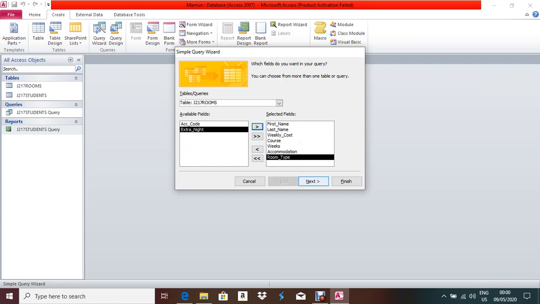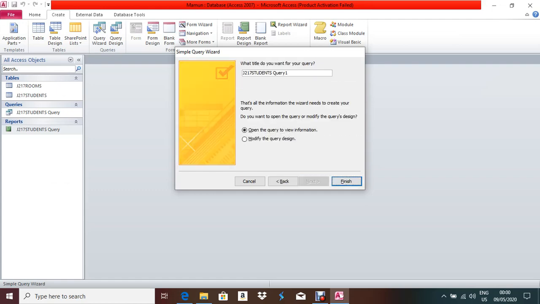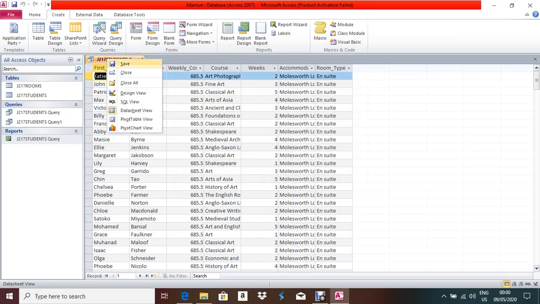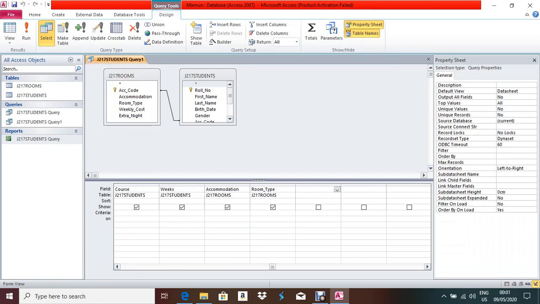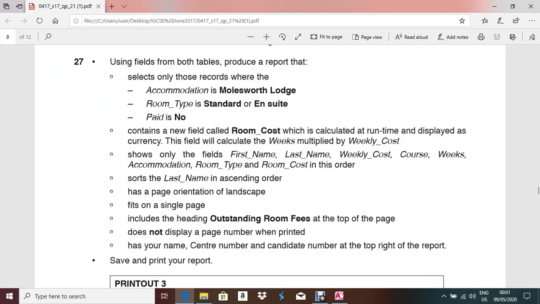Let me finish this one first. Next, and finish. Now open this one in design view. In the last part of the design view, you have to increase this column and type the new field name, then a colon sign. So what will be the formula for this one? Weeks multiplied by weekly cost.